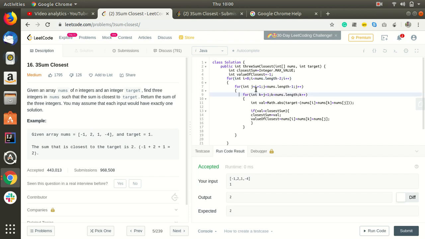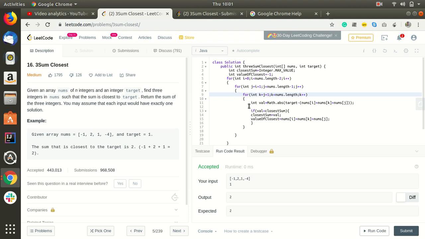The thing is, I want to fix the indices of the three numbers and rotate through all the combinations. So this is a brute force approach. It will not yield an efficient solution. I will be uploading an efficient solution of this problem in the next few days. But the first thing we need to do is get the brute force approach working, and then we can go with other approaches to minimize the running time.